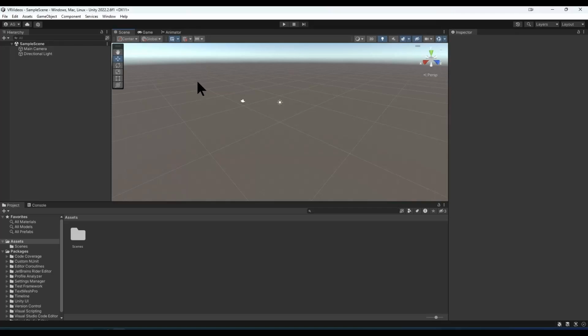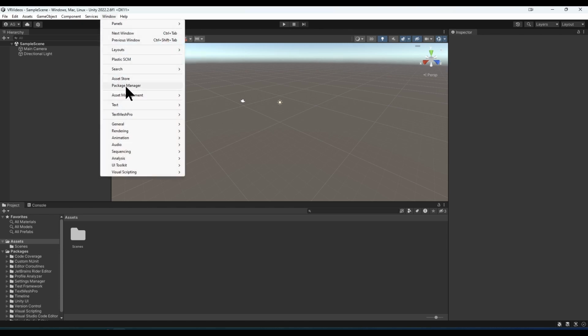In this video, we're going to show you how to get all the packages to set up VR. So first of all, we have a 3D core. This is Unity 2022. So first thing we're going to do is go to Window, Package Manager,